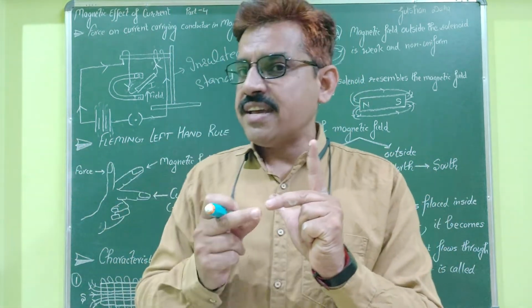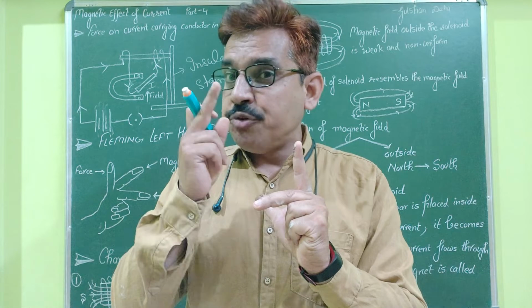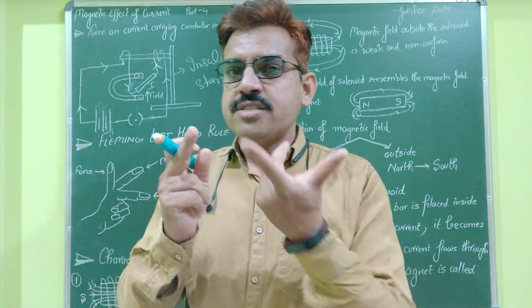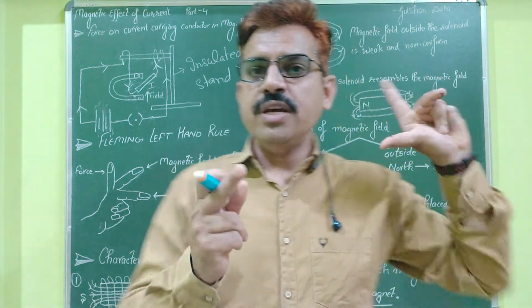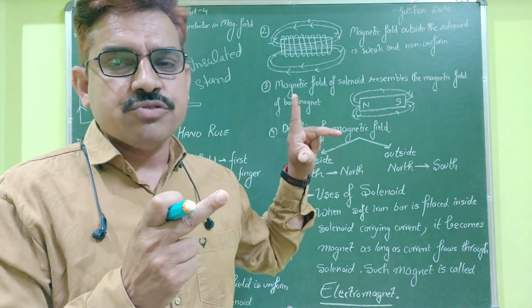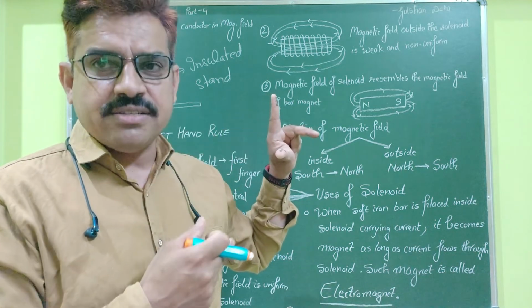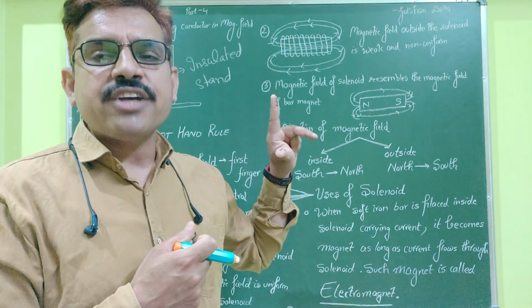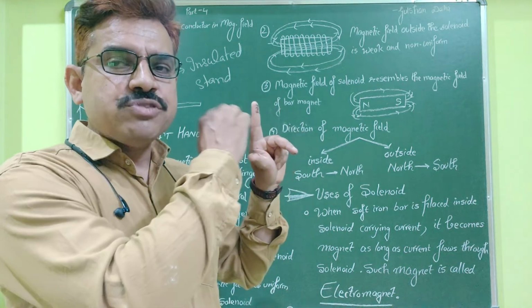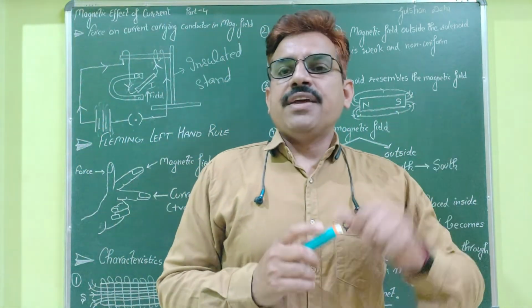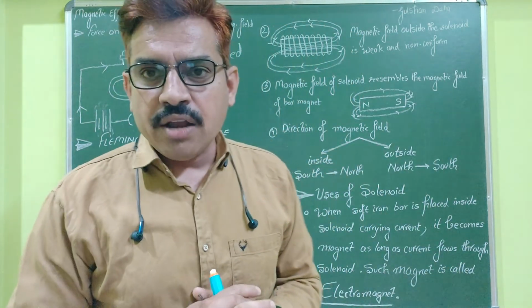But if we are taking electrons, then the direction of current is just opposite to the flow of electrons, so the direction of current will be reversed. According to that, the direction of force will be determined. But we have to see one more thing, that is the direction of the magnetic field. So this is all about